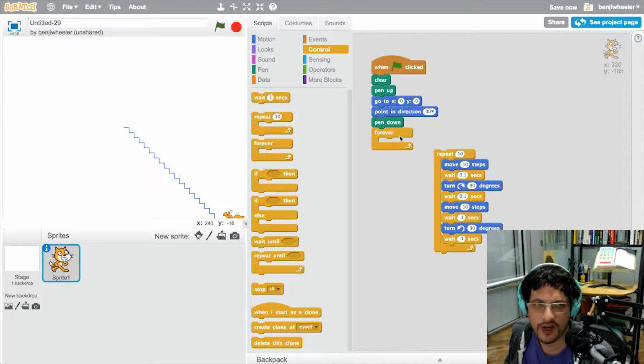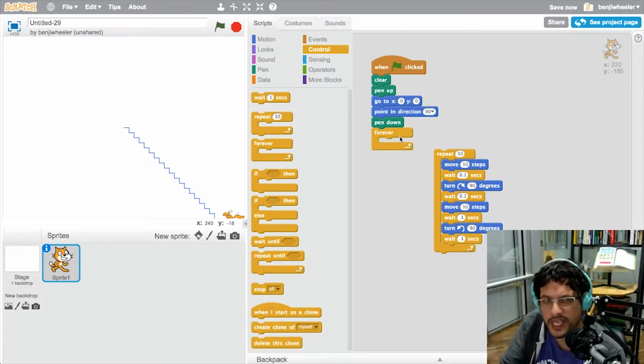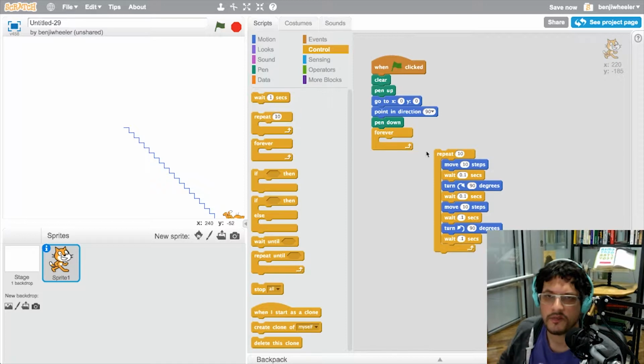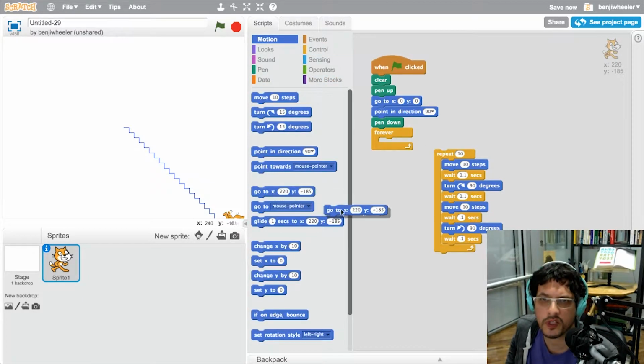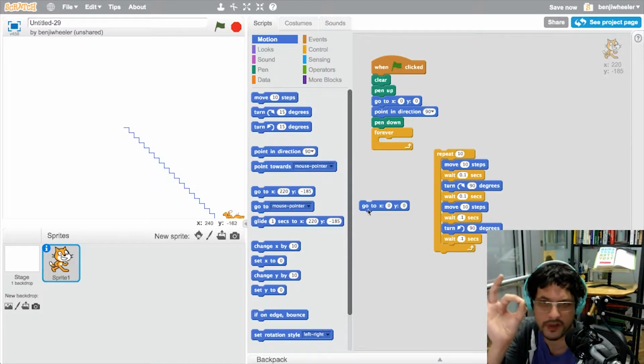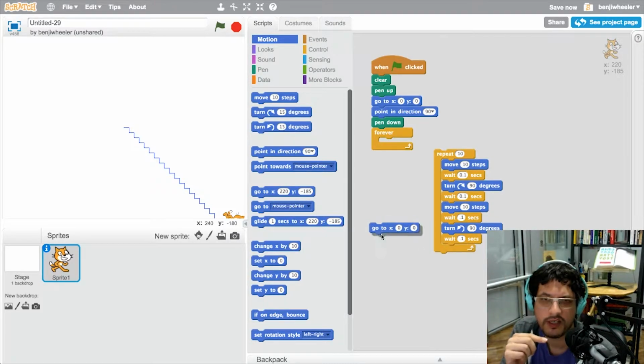And do that forever. And after it's done a whole bunch of steps, it should go back, turn, and do a bunch of steps in a new direction. So I'm going to get another one of these go-tos, put in 0 and 0 so that it's going to the middle. 0 for X and 0 for Y just means the middle in Scratch. So after it's done these 10 steps in some direction, then I want it to go to the middle